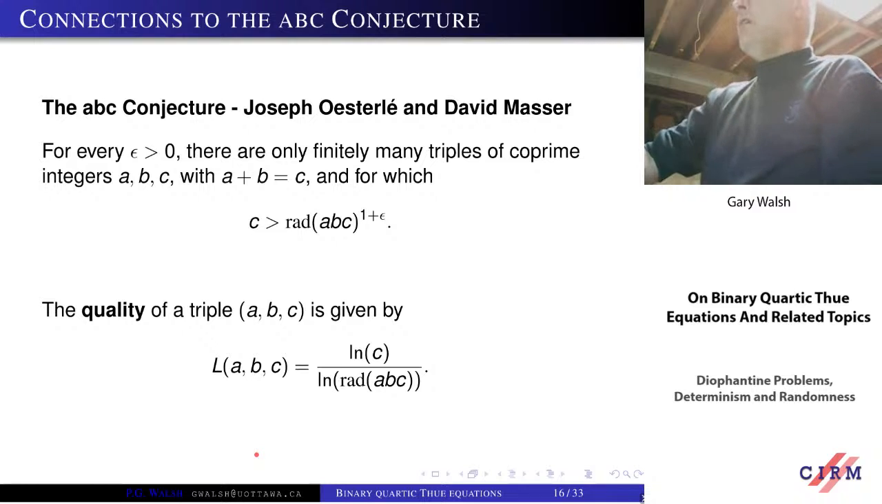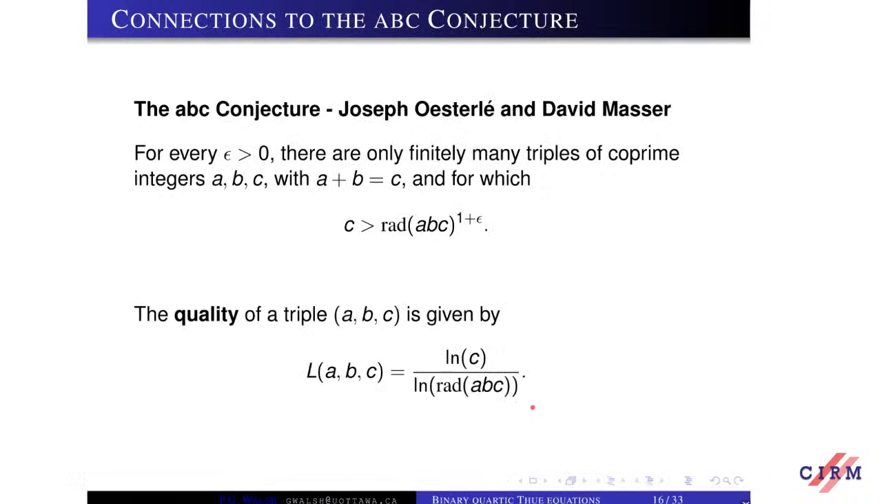So the quality of a triple is given specifically by this L of ABC, which is basically just isolating the exponent. So it's log of C over log of the radical of ABC. I don't know where this number L comes from. It's a bit of a mystery to me. In any event,